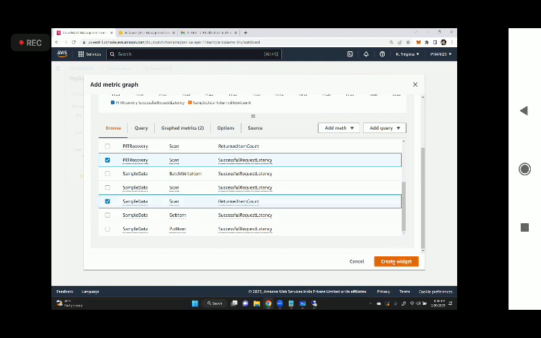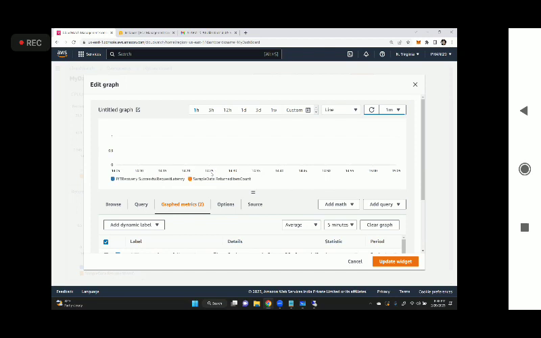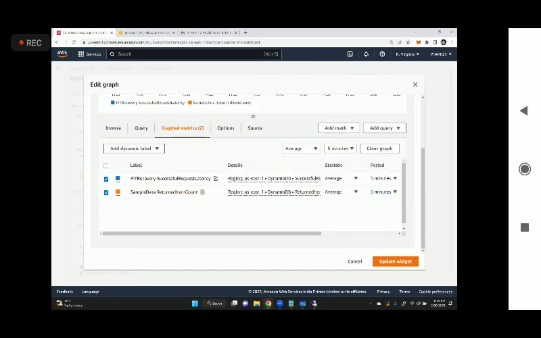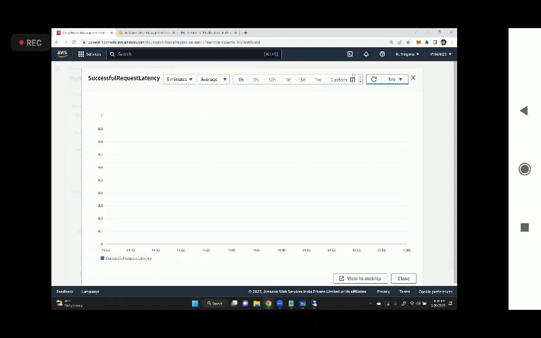Let me check those two. I think we should not include those two things together. The graph will not look good because one is in 0 point something and the other is in numeric numbers. Let me say successful request latency, and if I go to the enlarge, if I go to 1